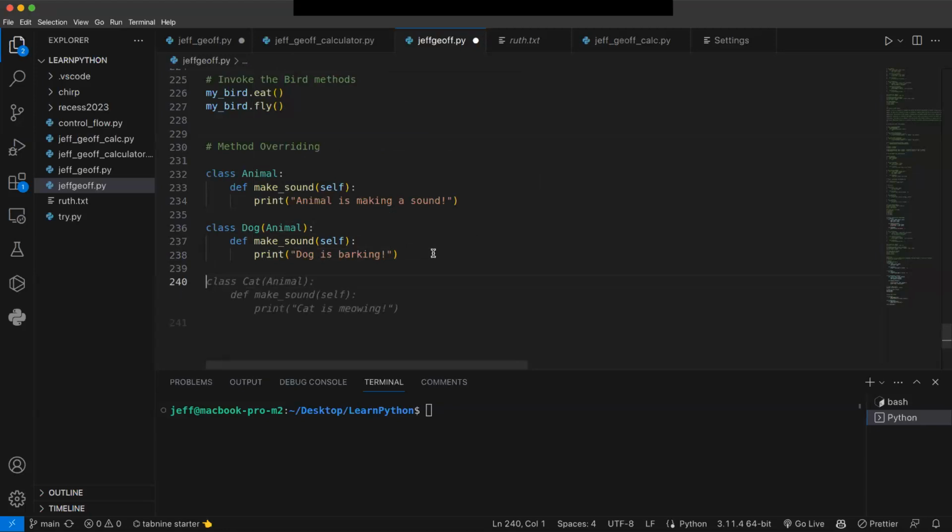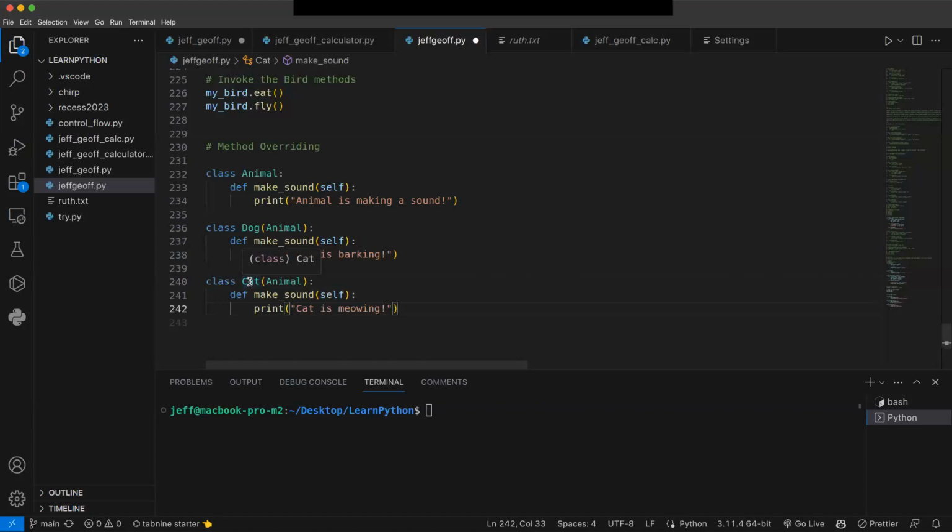Then it's suggesting something. A cat is meowing. Okay, now this makes sense to me as a programmer. I don't need to type this. I just use tab because Copilot has automated that. Maybe I want to define another class, cat. Okay, I accept that. Then this cat here is what they call a derived class, or a